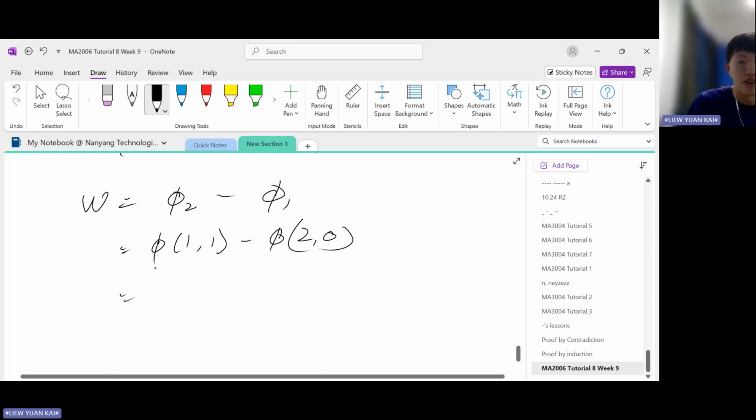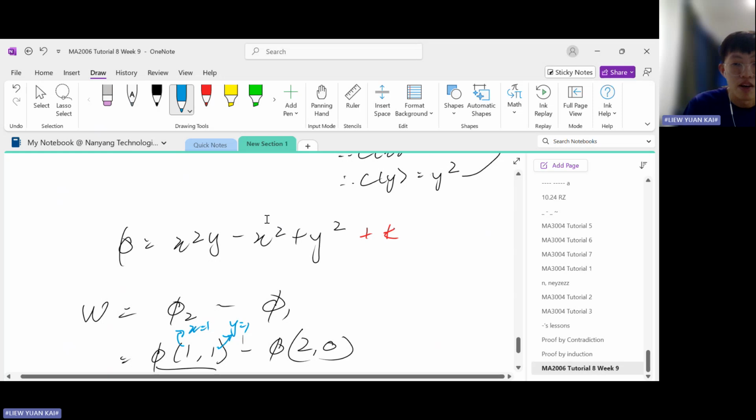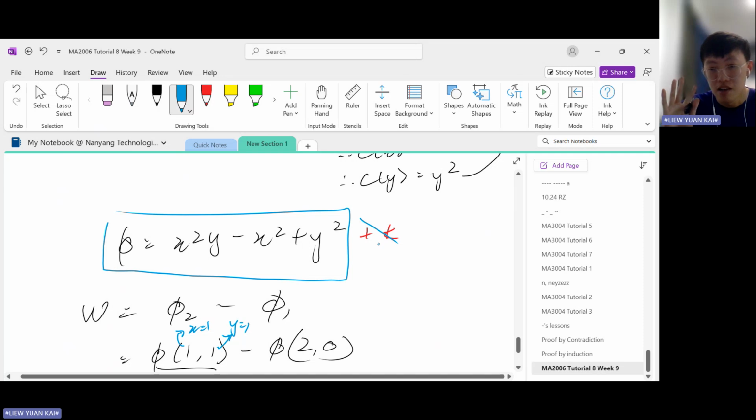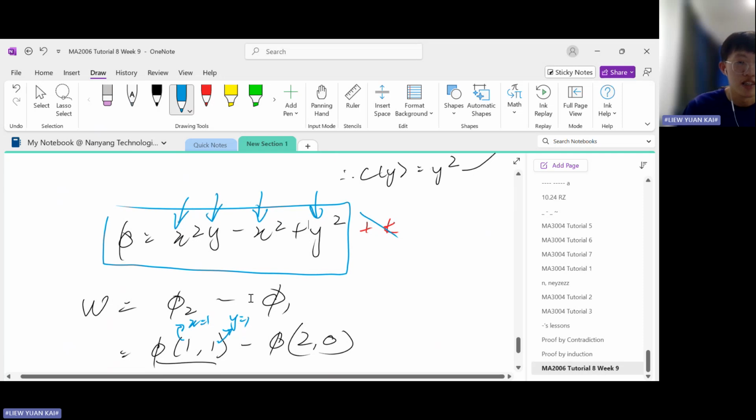Okay, so how do you find this value? What you do is you plug in, okay, what does this state? This states x equals to 1, and then y equals to 1. You plug in x equals to 1, y equals to 1 into this equation. You can ignore the k. When you are finding work done, you can just omit the k. So you plug in x equals to 1, y equals to 1, then what you'll get is